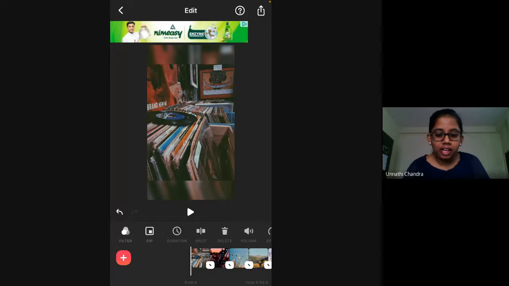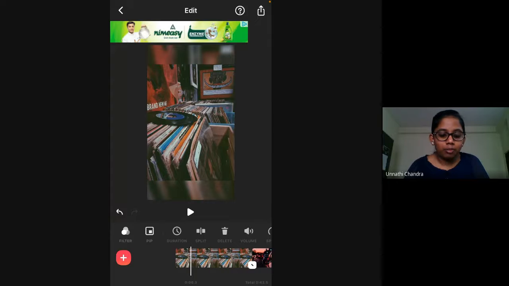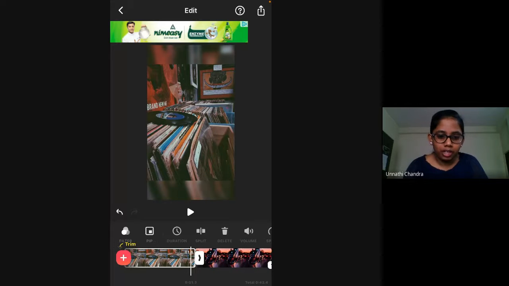And after that, if you want to edit it even more clearly, what you have to do is pinch out, and then what happens is the photo is expanded so that you can edit it even more clearly. So as you can see, you have these directions over here which say trim. So you can trim it from here, or as we did just now, you can go to the duration section and select how long in particular, or you can just randomly select it here, like how long you want it, and you can change the duration from here too.